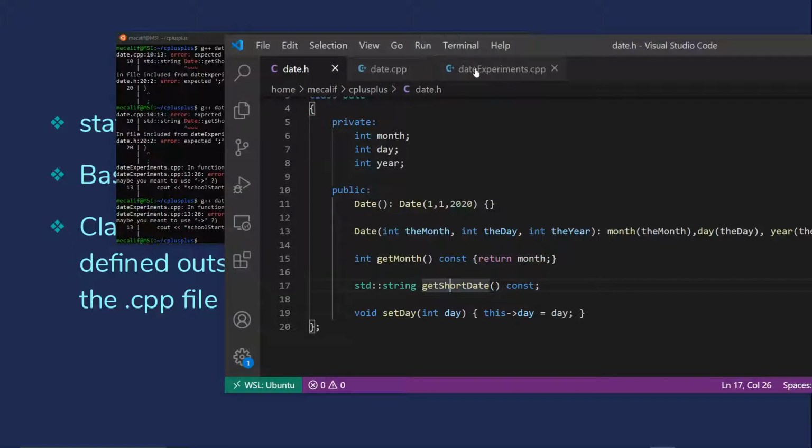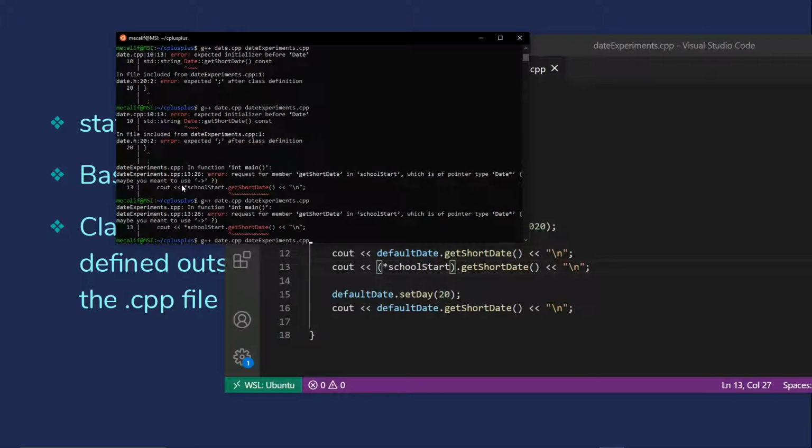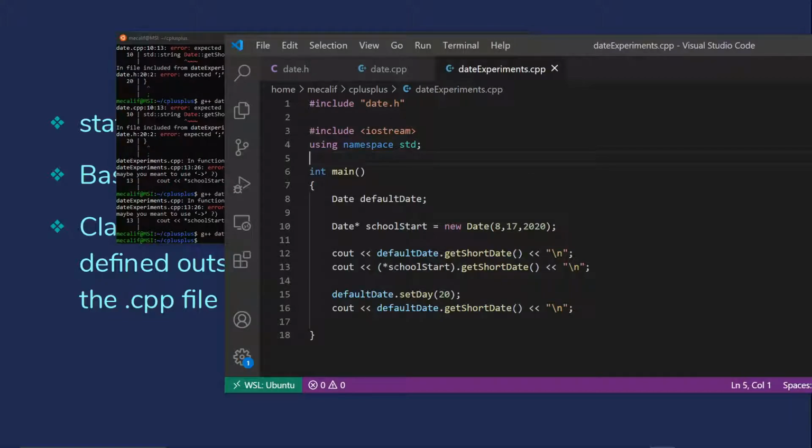Now, I will actually demonstrate that if I add the parentheses, this will actually work. But I hope that you can see that this is terribly unwieldy, and it's much better to go ahead and just use the arrow operator. Okay, so